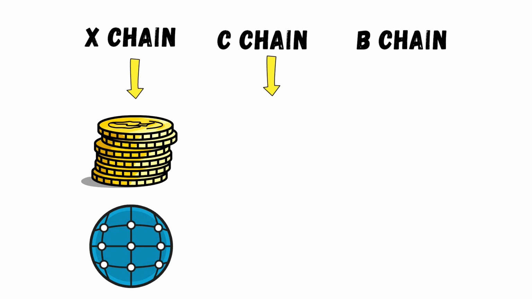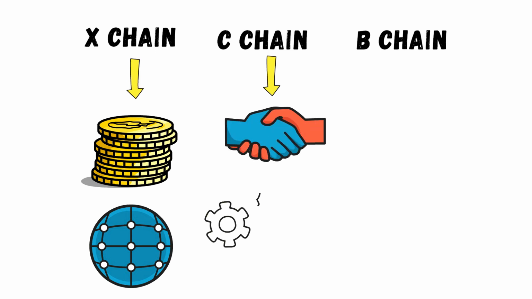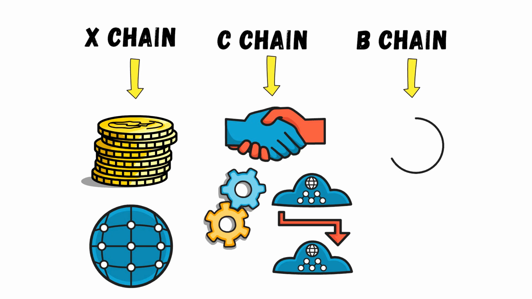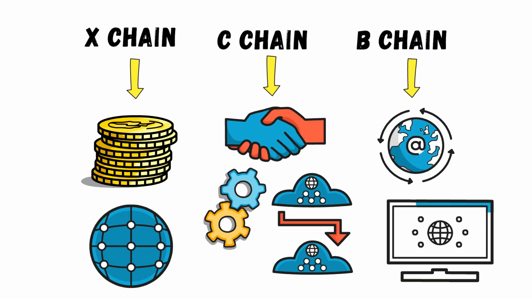The C-chain is responsible for tasks related to smart contracts. These C-chains are very similar to Ethereum virtual machines. It's so similar that Ethereum's programs can be moved to Avalanche's blockchain without any problem. The third is the P-chain, or the platform or protocol chain. This chain takes care of the staking mechanism, coordinates with the validators, and manages subnets.